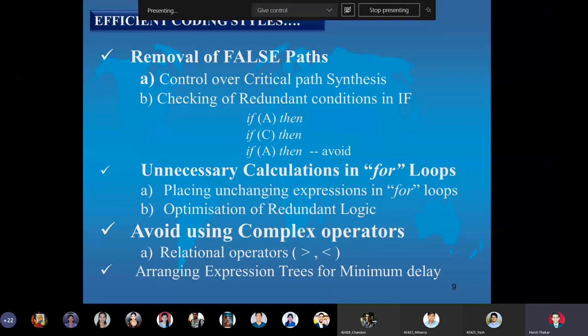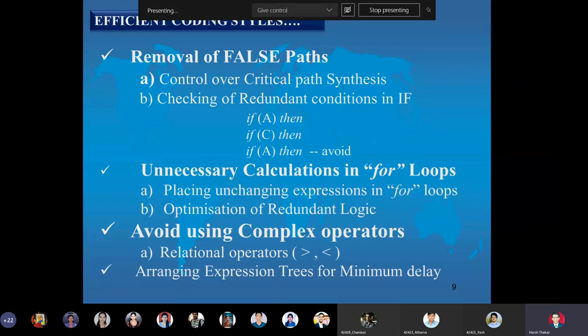Relational operators are a handy tool for doing comparisons between signals, but if we can replace them with some kind of combinational logic, it is always easy. So we will try to appreciate this statement by taking one particular operation, say less than or equal to, and we will see that if we can replace it with some other logic, and we will see what is the device utilization summary given by the tool for a particular target FPGA.